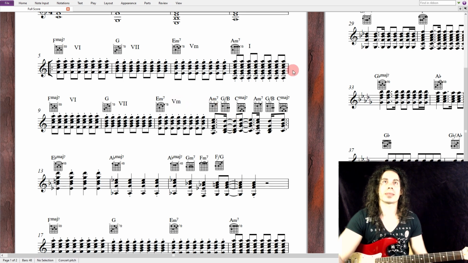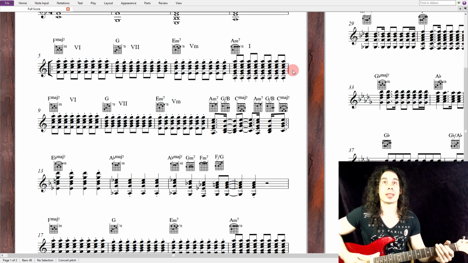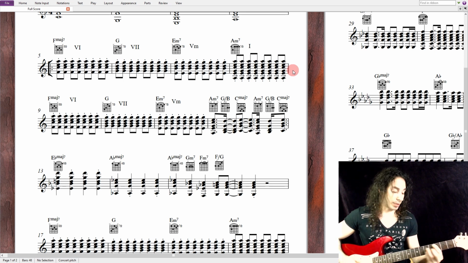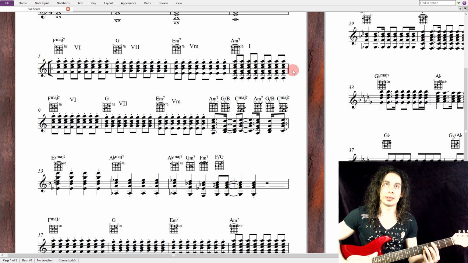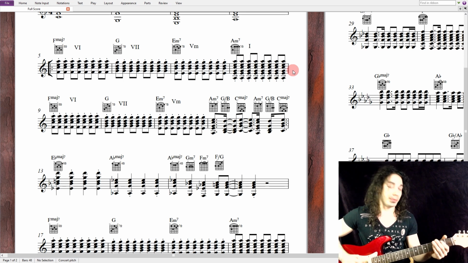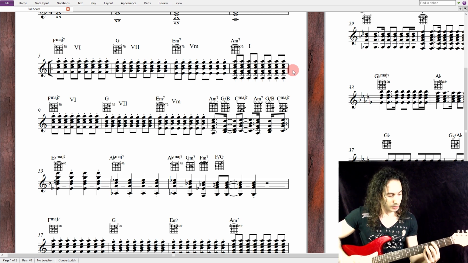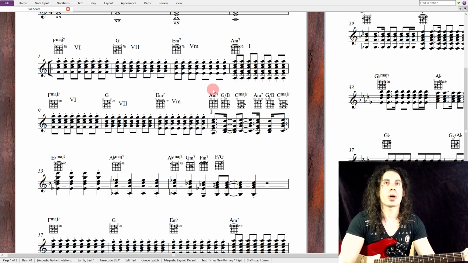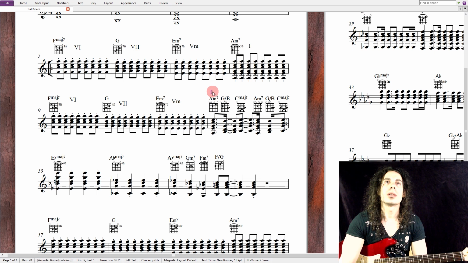and here we have like a passing tone thing. It's A harmonized like an A minor, B harmonized like a G over B, and C harmonized as a C major 7th. Okay, so we have A, B, C, A, B, C with the chords. So A minor is the 1, G over B is the 7th,